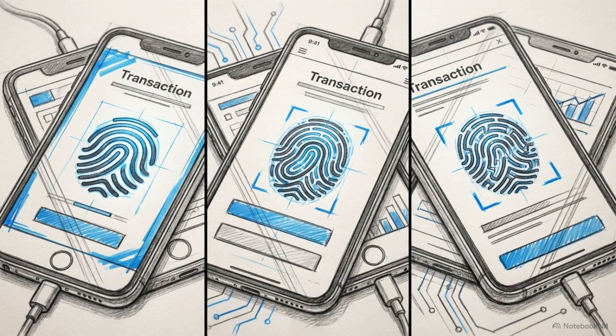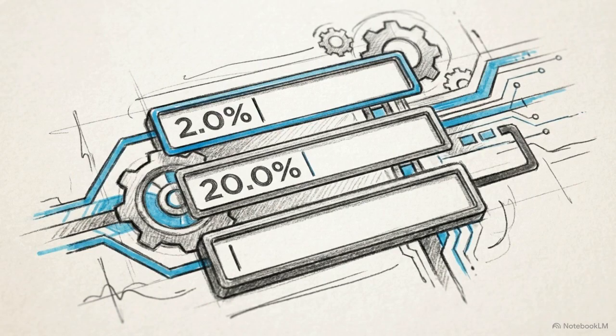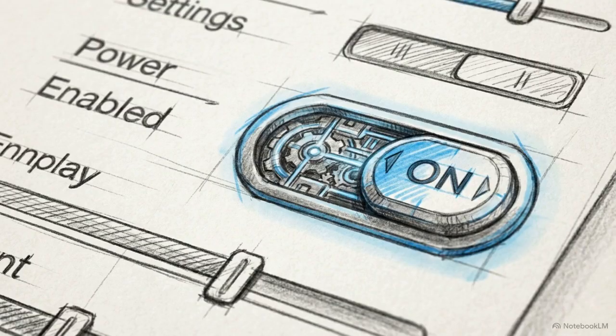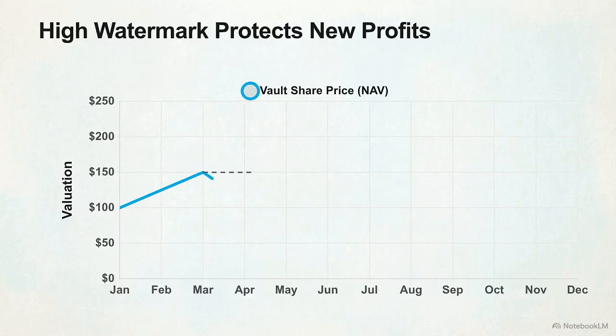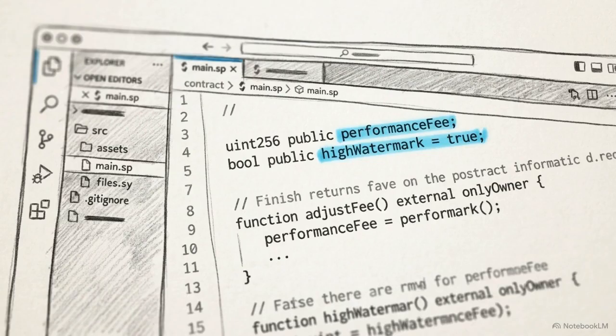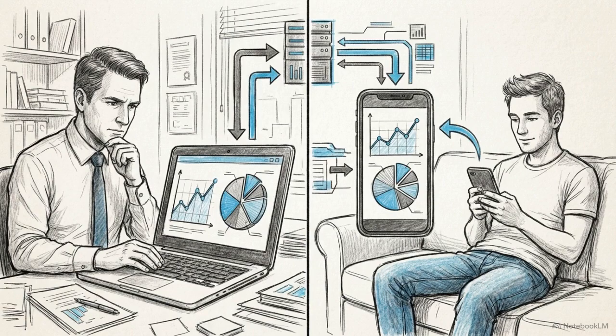single individual. In the economics phase, you will input the specific fee structure for your vault, including management, performance, and entry or exit fees. You must then select the NAV calculation methodology that best fits your underlying asset class and reporting requirements. By toggling on the high watermark standard, you protect investor capital. A high watermark ensures performance fees are paid only on new profits, rather than on the recovery of previous losses. These economic rules are encoded directly into the smart contract once the vault is deployed. This level of on-chain transparency ensures that both the manager and the depositors are operating with the same information regarding